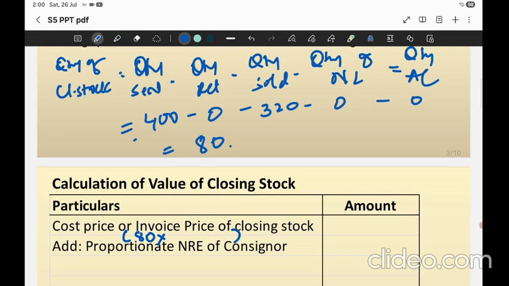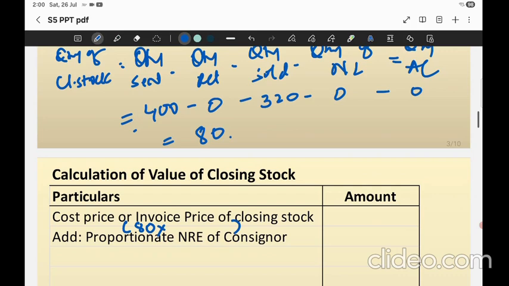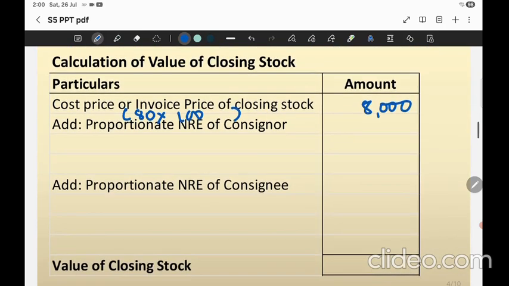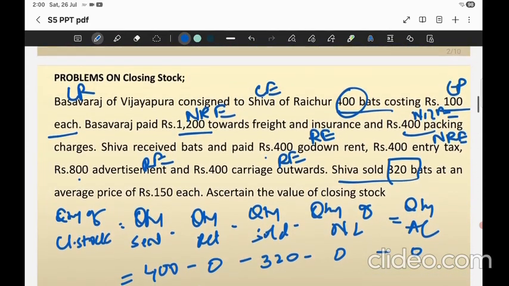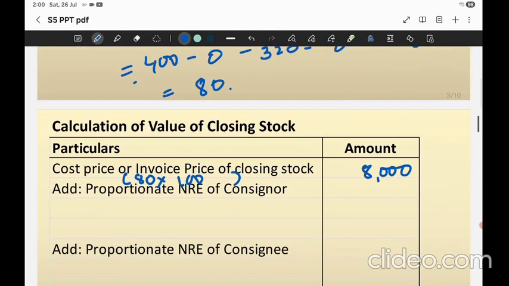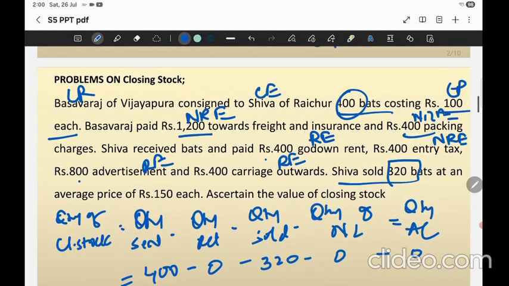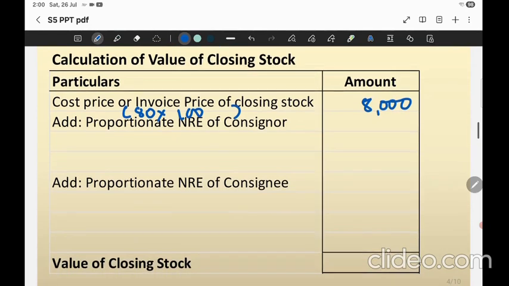Now 80 is the quantity and cost price of each bat is 100. So that comes to 8,000. Now, proportionate non-recurring expenses of consignor. It will be, let us see. First this 1200 towards freight and insurance and 400 packing charges. So total it will be 1600